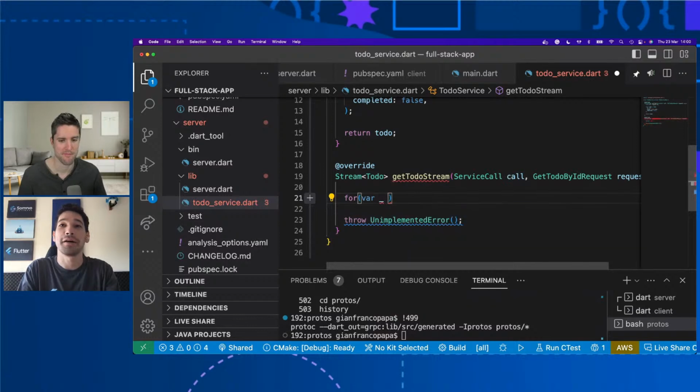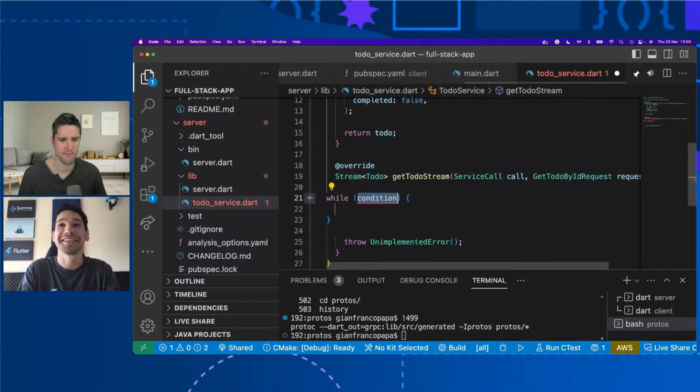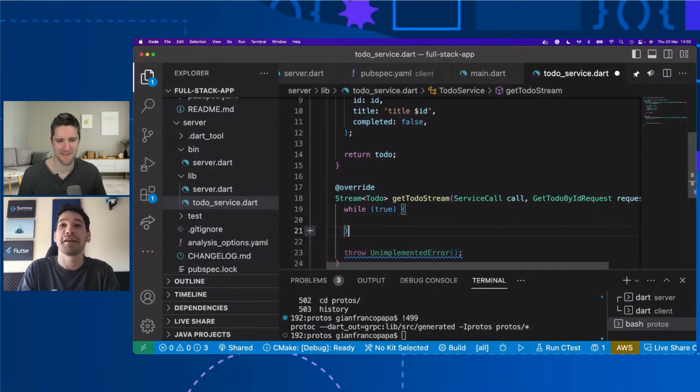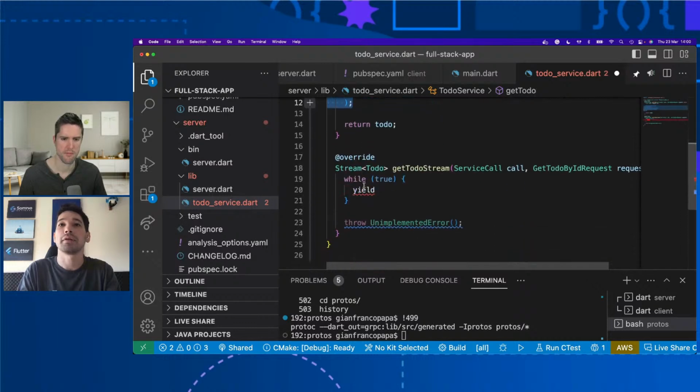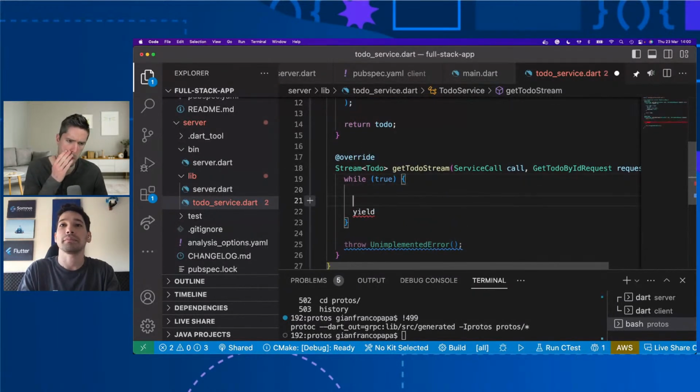Okay, so we have a well, true. Let's keep it real simple here, and we can yield a to-do, right? Maybe we can just copy everything from here, but maybe a random number, right?